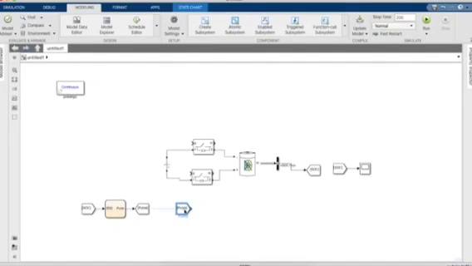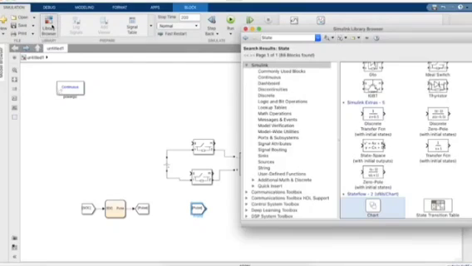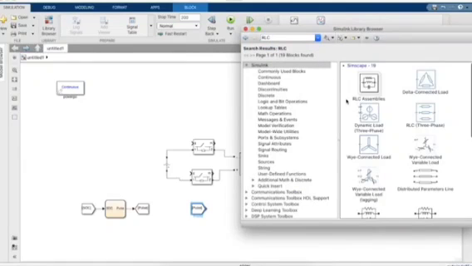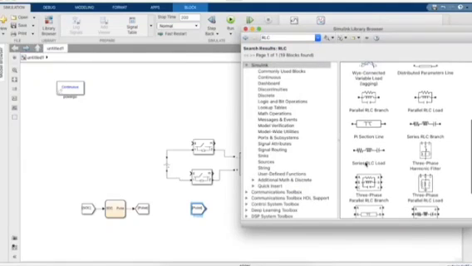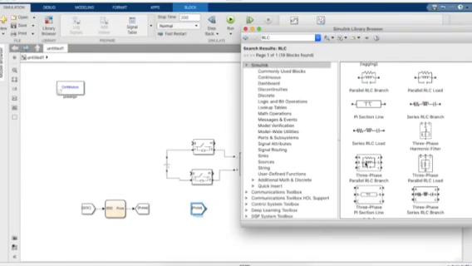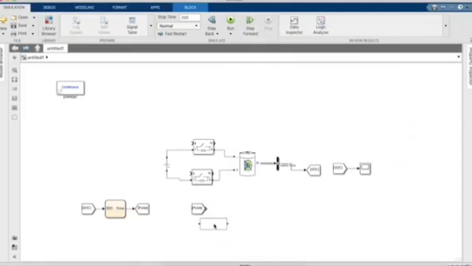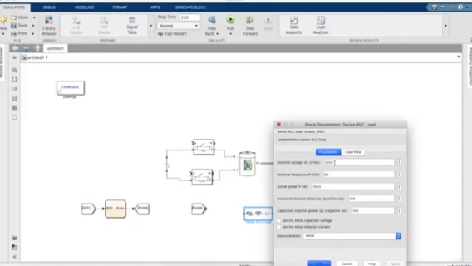So we take an RLC load. The load can be represented in two ways, in watts. So in this case we take the load power to be 1000 watts, and inductance and capacitance to be 0.